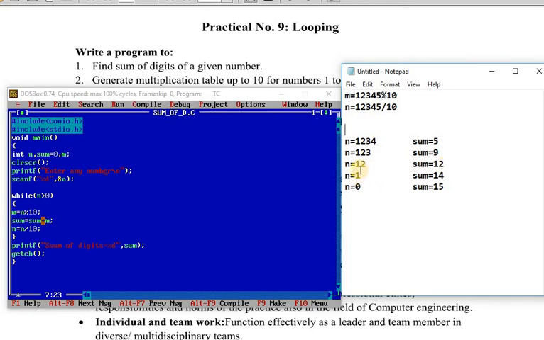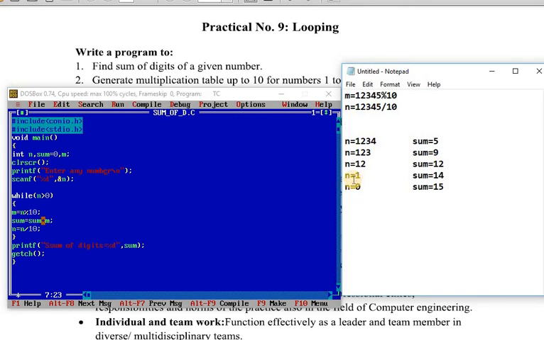Now again it will check the condition, n is greater than 0. So now m equal to n modulus 10. So 12 modulus 10 becomes 2 and the previous value of sum is 12. 12 plus 2 is 14 and in the n, 12 divided by 10 is 1. Okay, so again it will check the condition. Now again n is greater than 0.